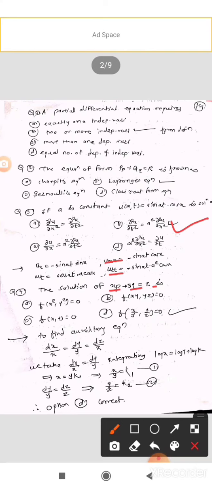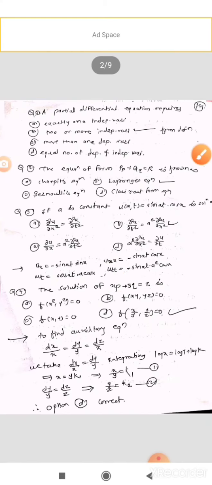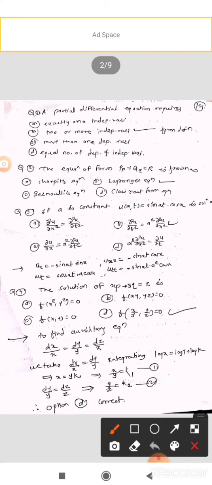Now the equation is of the form Pp plus Qq is equal to R. Here P equals x, Q equals y, and the value of R is z. Now we solve the equation dx upon P is equal to dy upon Q is equal to dz upon R, and substituting the values of P, Q, R, we get dx upon x is equal to dy upon y. Here we observe that the curves are either x square, xy, x or x upon y. So equating dx upon x is equal to dy by y, it is in variable separable form.